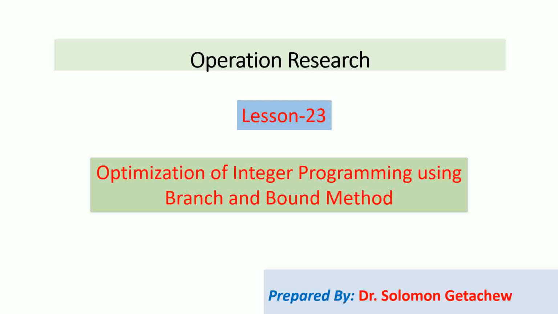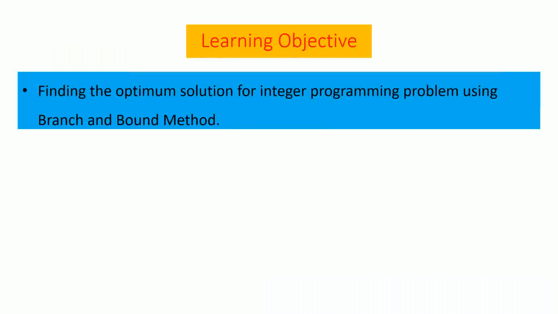Hello everybody and welcome to Operation Research Lesson 23, Optimization of Integer Programming using Branch and Bound Method. Last time we discussed Lesson 22, Optimization of Nonlinear Programming Problem using Lagrange Multiplier. The objective of this particular lesson is to find the optimum solution for integer programming problem using branch and bound